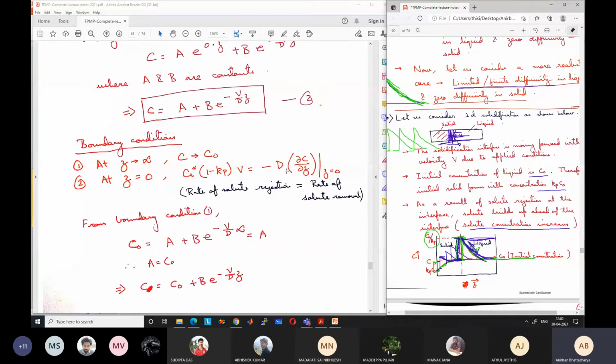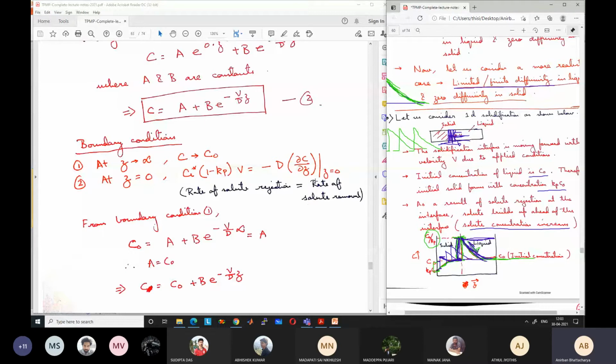This is the amount of diffusion, like minus k dT dx. We know that heat flux is minus k dT dx. Similarly, mass flux or diffusion is minus D dC dz, where D is the diffusivity and del C del z is the concentration gradient, and we want the concentration gradient at z equal to 0. That's why I have written it at z equal to 0. This is the amount of diffusion occurring at the interface. This is equal to the concentration that is getting removed from the solid because of solidification.